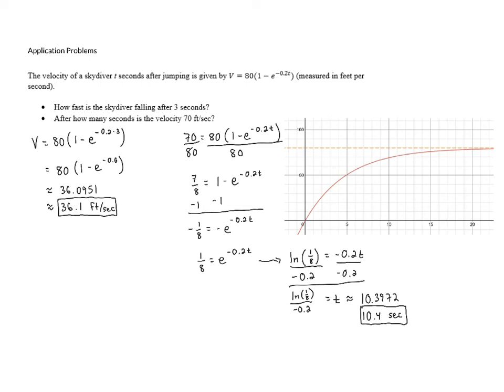Every object that falls increases in its velocity until the force of gravity downward is equal to the air resistance that's pushing upward, and at that point it doesn't move any faster. And in this point we can see that our function is asymptotically approaching 80 feet per second. And so in this case, the skydiver's speed is approaching that, and it keeps getting closer and closer, but never